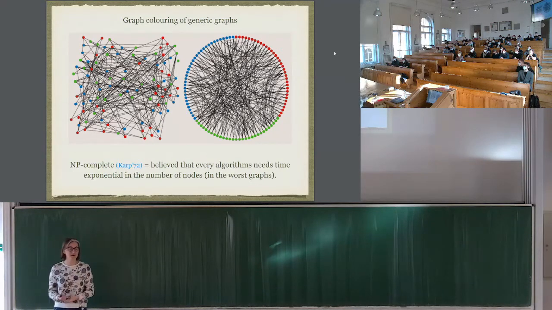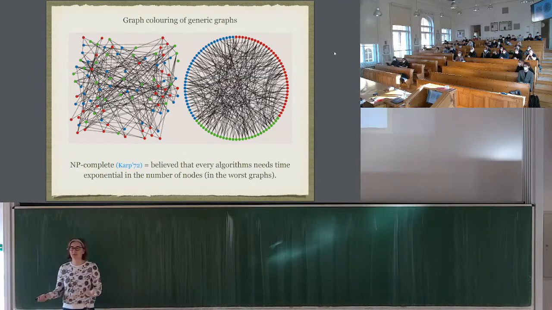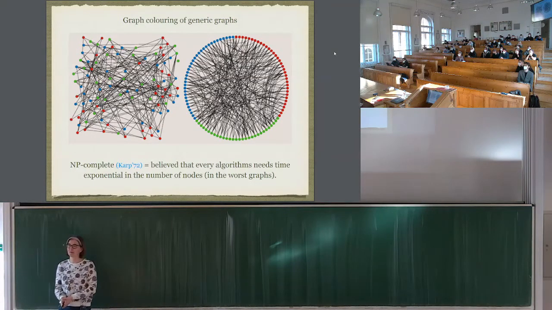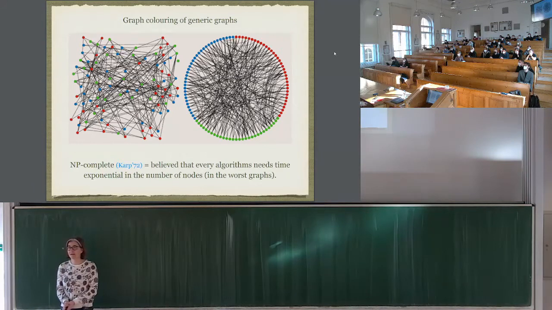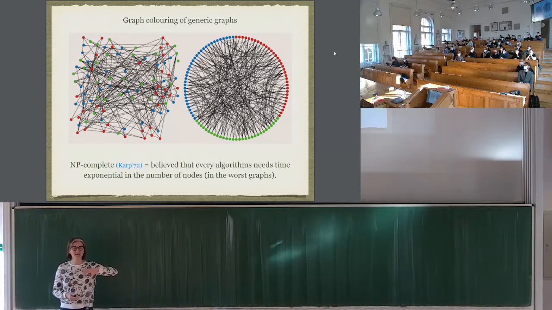So as soon as your graph has, I don't know, 50 nodes, you will need the biggest computer in the world, and with 100 or 200 nodes, you will not be able to do it anymore. So in principle, it's an algorithm to solve this problem, but it's a completely useless one. So the question is, can one actually do it faster? And we think we cannot in general. In general, that is, if some adversary chooses for you a worst case graph that is really hard.